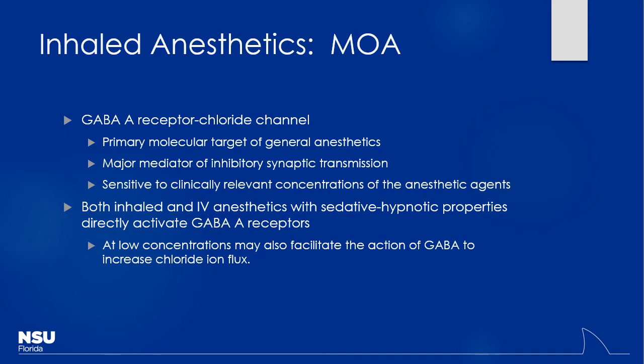Well, we think they work through GABA. We don't have a full idea of how they specifically work, but GABA is a pretty good place to start. Normally when GABA A channels are activated, what occurs? You open up those channels, what flows in? Chloride, right? Remember, just like with the benzodiazepines, just like with the barbiturates, by allowing chloride to flow into those GABAergic neurons,